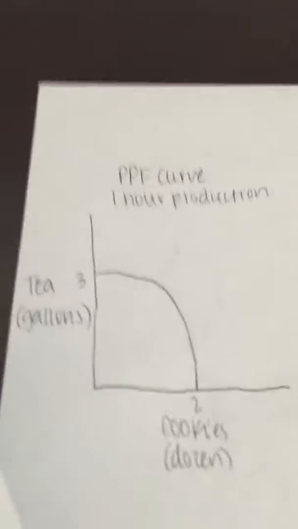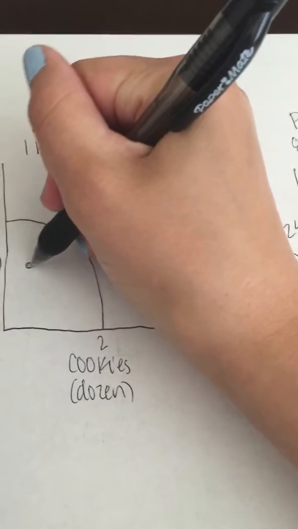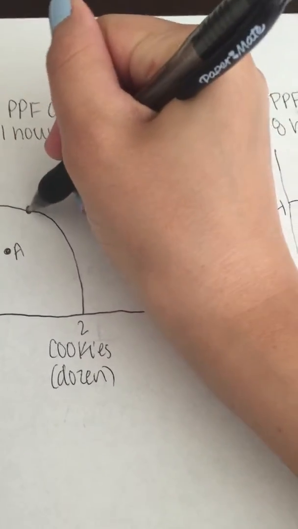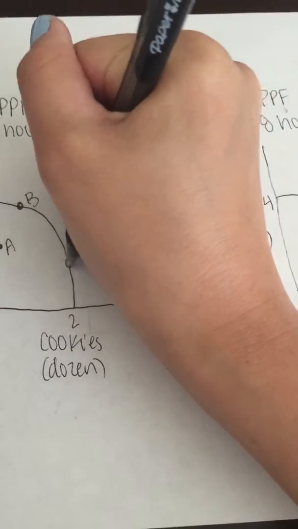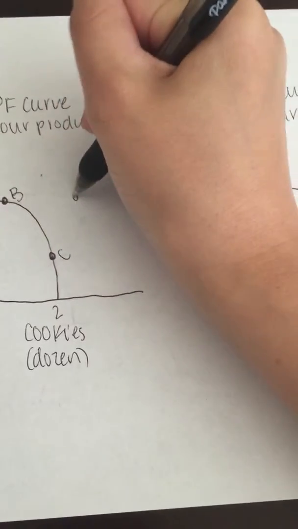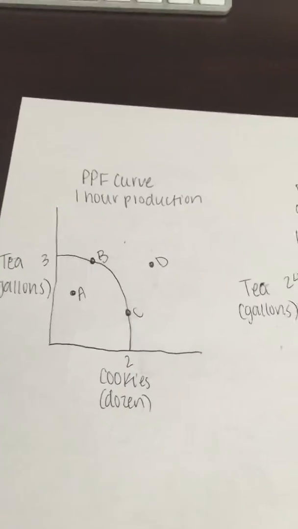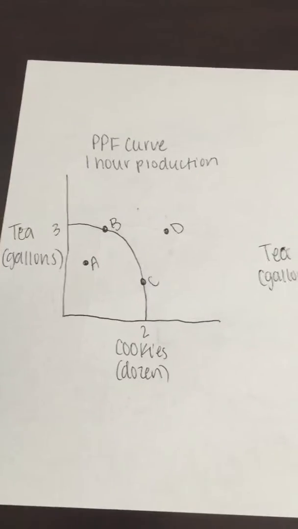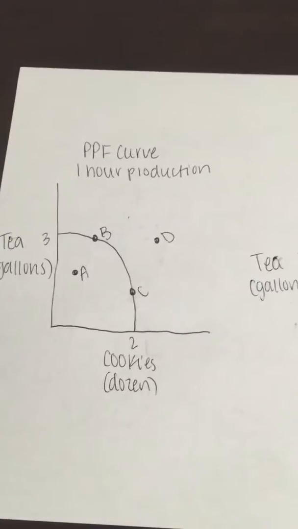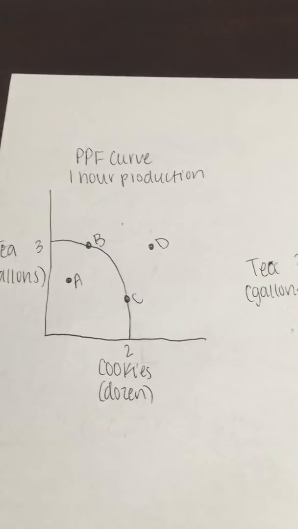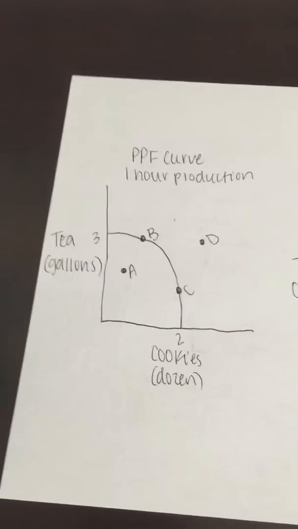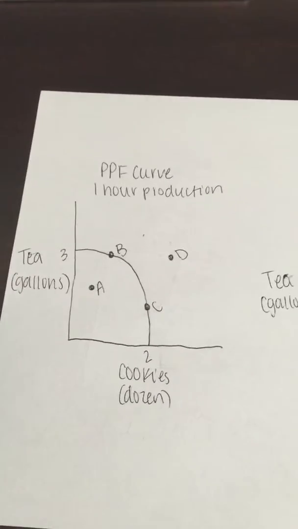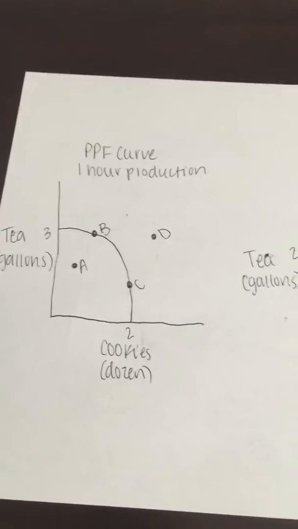And I'm going to use the 1 hour production period. And this could go on both charts. I'm just choosing the 1 hour production just because that's what I chose. Okay, so the points on the PPF curve represent all combinations of output produced using the available resources and technology I have. And the resources I'm using would be a tea maker, tea bag, sugar, an oven, cookie dough, a pan,